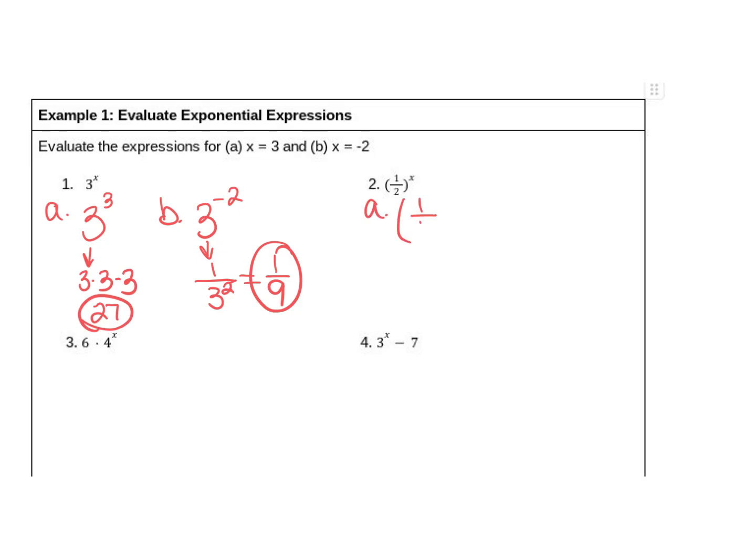So this one, for part A, we have 1/2 to the third power. So we're going to share that exponent. So we're going to have 1 to the third over 2 to the third, which is 1